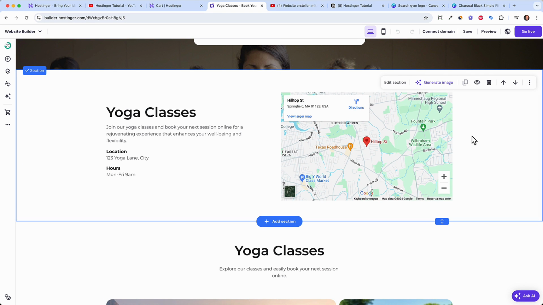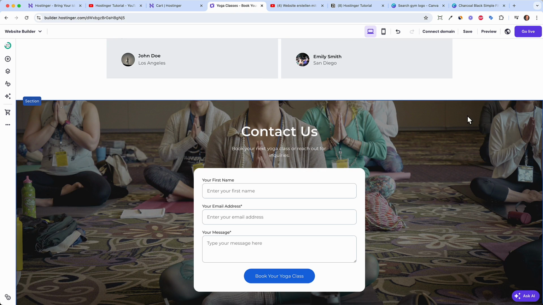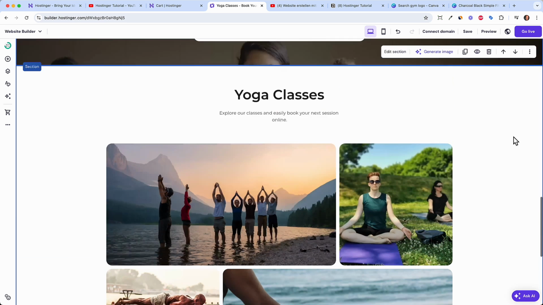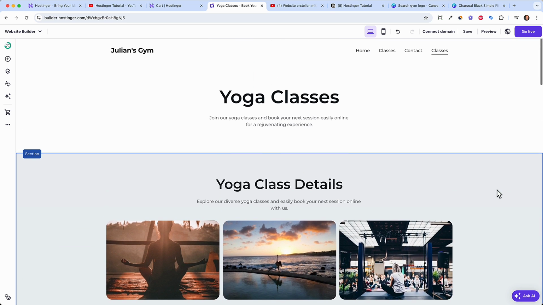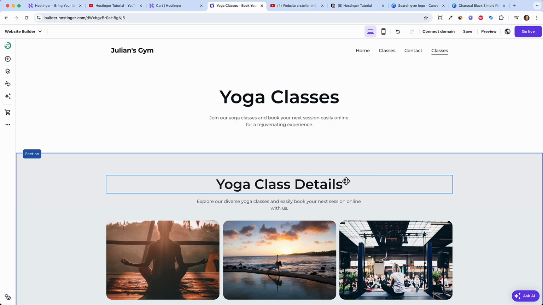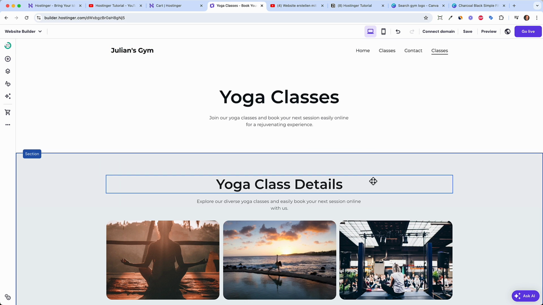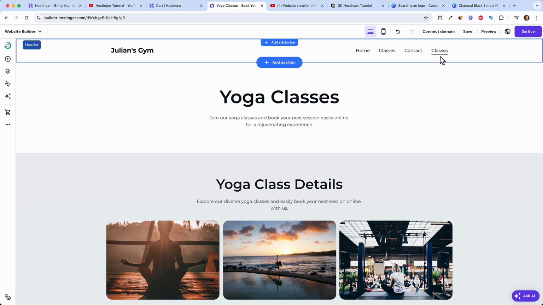Of course, we probably don't need every section. So you can, for example, delete this one. I think this one is pretty nice. The contact form, you can decide if you want to have it here. Probably at the end would be a good spot, so you can always move sections up and down. So I would put the contact form at the very end. And now I think this page makes sense to me. And again, go ahead and add new elements to it, maybe a video welcoming the people, or change the images to your own. But we want to make sure now that the page is not lost here in the menu,